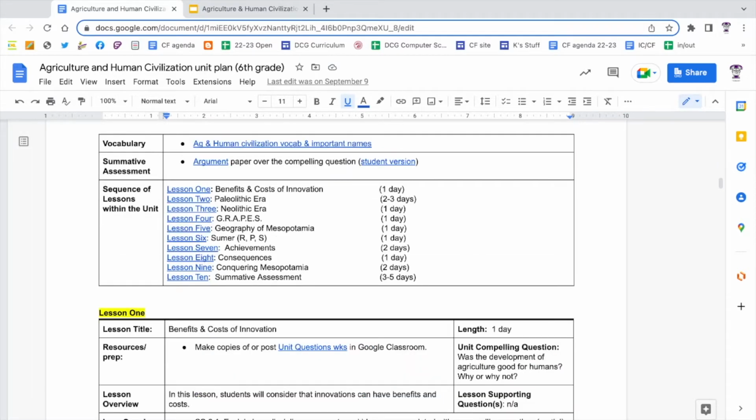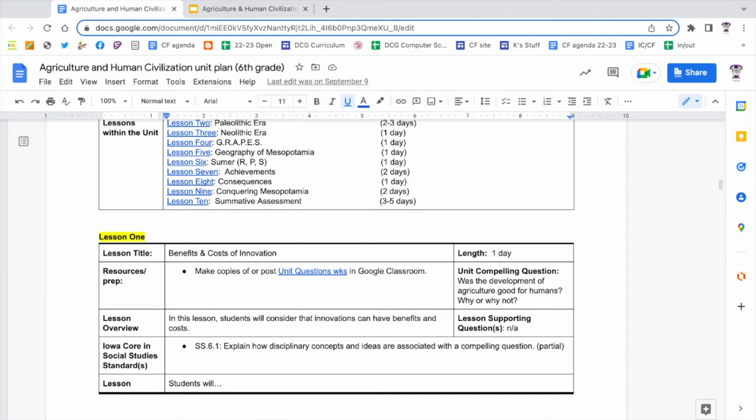This unit is split into individual lessons. You can see there are 10 here, and the suggested number of days for each one. Lesson 1 is all about the benefits and costs of innovation. This lesson doesn't directly tie to a supporting question, but it does get students thinking about the effects of developments